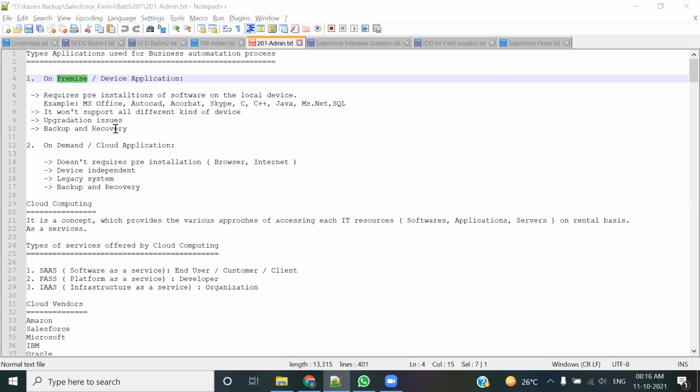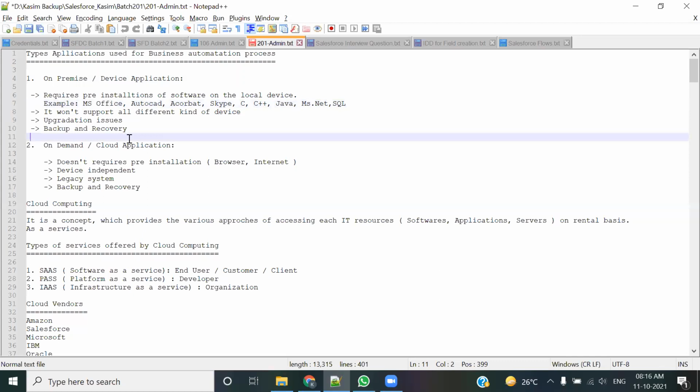And if I talk about laptops and desktops, probably you have seen the MS Office suite, where you get MS Word, PowerPoint, Excel, Outlook, things like that. If you wanted to use Word or PowerPoint, first of all you require to install the MS Office suite, then only you will get this. If someone of you is a civil engineer or a mechanical engineer, you might have used AutoCAD or any other automation software to construct designs. So you first of all required to install this.